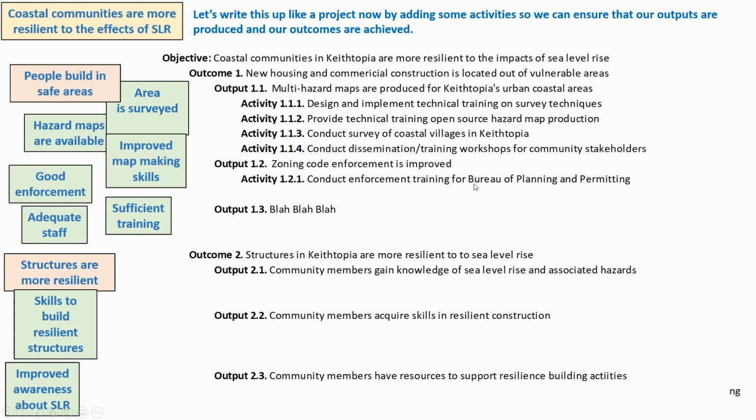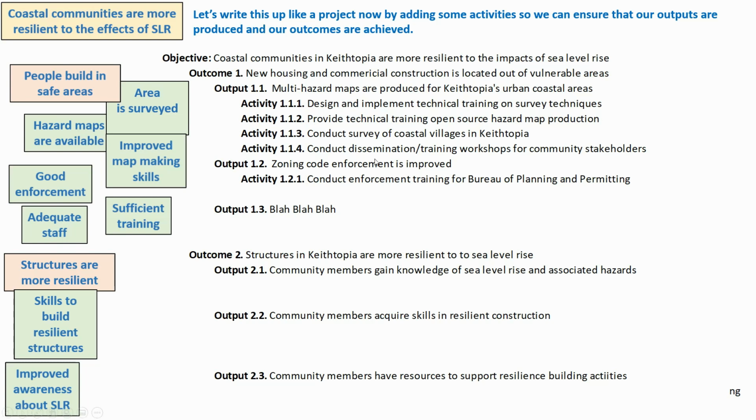First, we'll have enforcement training for the Bureau of Planning and Permitting. So we're going to do some human resource work here in the agency that is responsible for planning and permitting, so that they can more efficiently enforce the zoning regulations. But at the same time, this is a stick approach. This is penalizing people that do not follow the rules, so fining them or punishing them somehow. Now that's one approach, but sometimes that doesn't work in all circumstances. So with our stick approach, we also want to have a